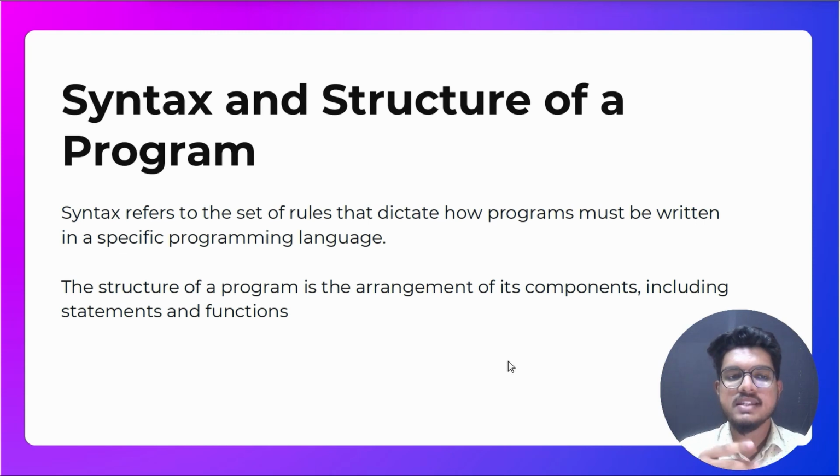We are just revising everything from yesterday. Do not worry, we are not in a hurry. We'll understand everything from basics in module 2, coming to the concept of JavaScript. Okay, structure. We have understood what syntax is. Now the structure of a program is the arrangement of its components, including statements and functions. What are the statements? It can be if else conditions, or switch case conditions, or looping statements like for loop, while loop, for each loop, and using the concept of functions in writing the code is nothing but the structure